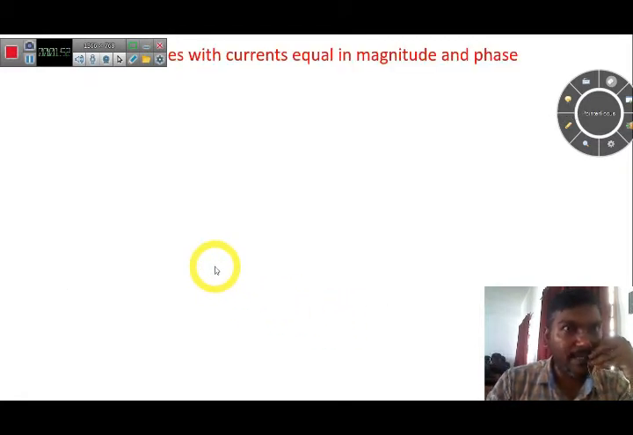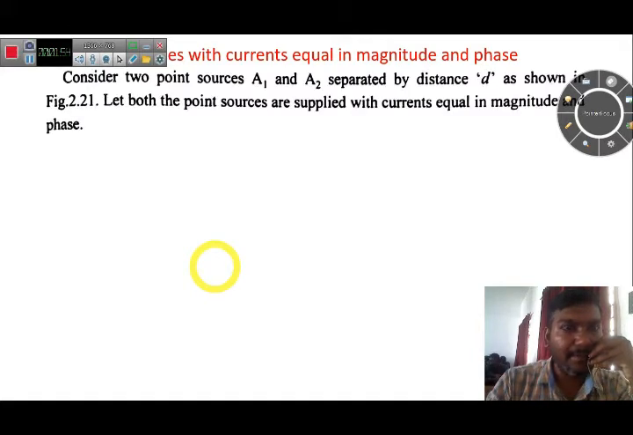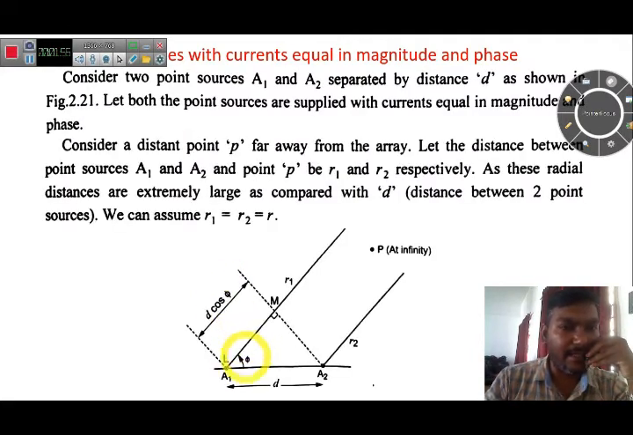Here we will see the 2 point sources with currents of equal magnitude and equal phase. We can consider the diagram. Here we have 2 points, A1 and A2, as the point sources, and they are excited by signals having equal magnitude and equal phase. The separation distance between the two antennas is d, and at a distant point P we are going to measure the radiation pattern. The distance between point source A1 and P is R1, and between A2 and P is R2. If we form a triangle,